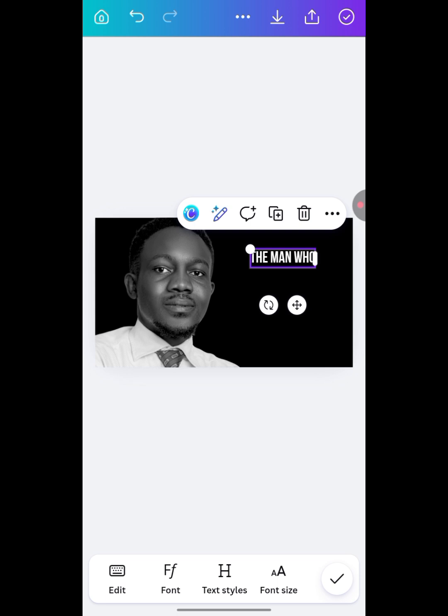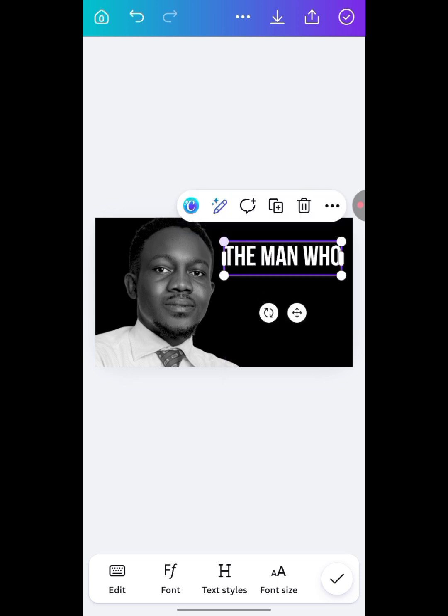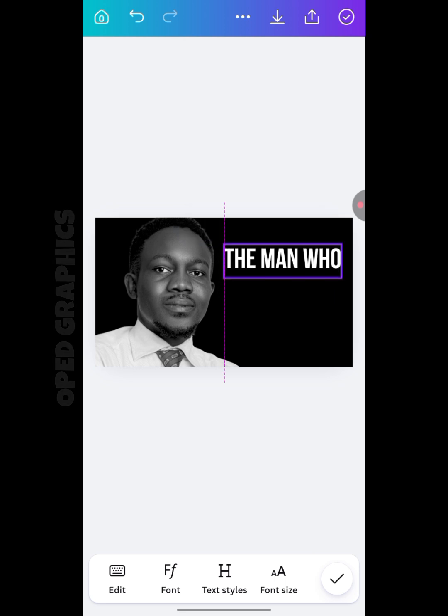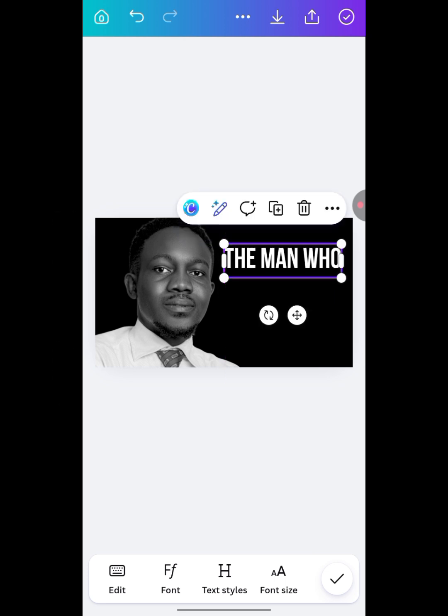Then you activate it. Now, you need to increase the size. Note, we are going to use white, red, and black for our design. So now, after writing this, move it upward a bit. The next text is going to be in the same font, but it may not be in the